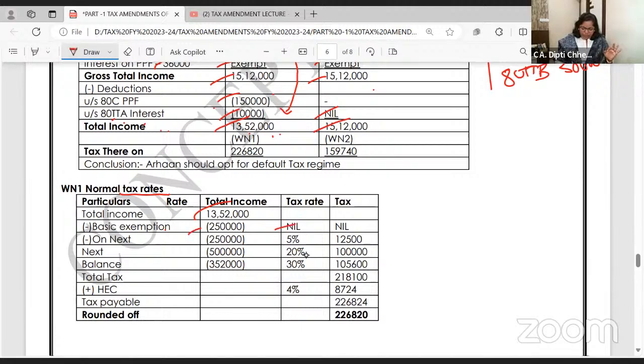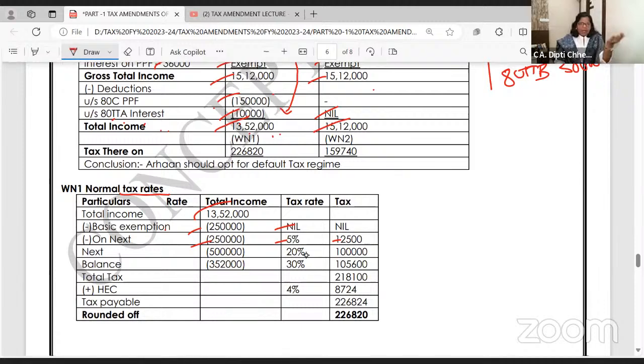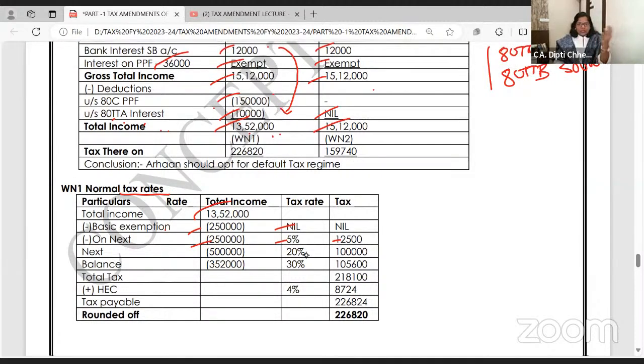Basic exemption 2,50,000 nil. Next 2,50,000 at 5%. Up to 2,50,000 nil. 2,50,000 to 5 lakh 5%. 5 lakh to 10 lakhs, on the next 5 lakh 20%, that's 1 lakh. And above 10 lakhs, this is the normal tax regime. So above 10 lakhs, that is